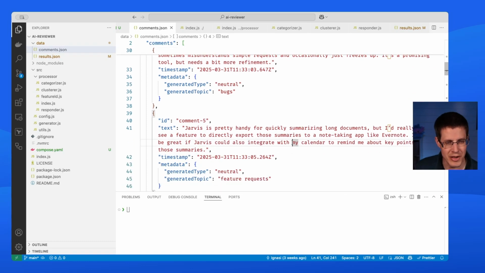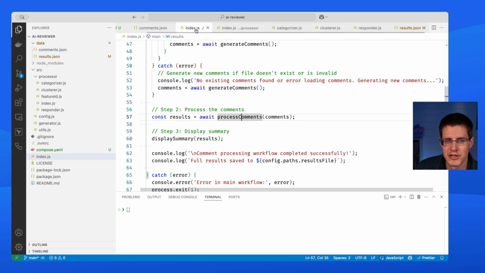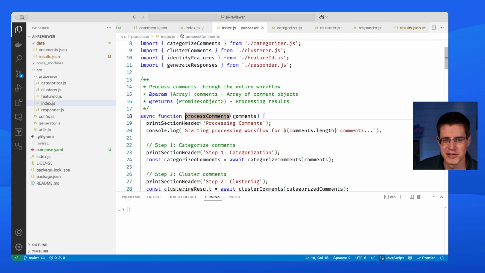Again, we want to summarize these comments. We want to understand the sentiment. Where are people struggling with interacting with our product? And can we even use the LLM to generate responses back? Okay. The way that this is going to work is it actually does a couple different things. So the processing comments will